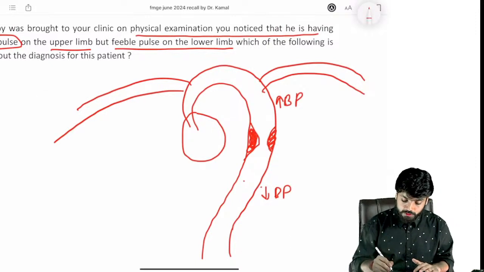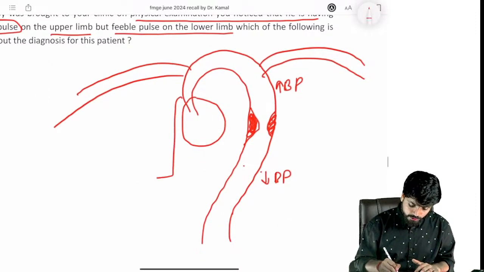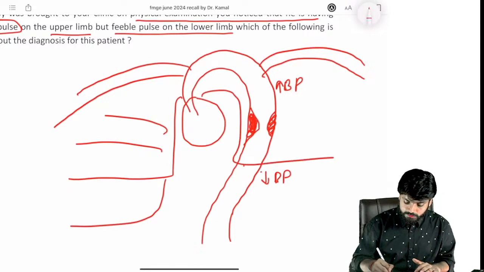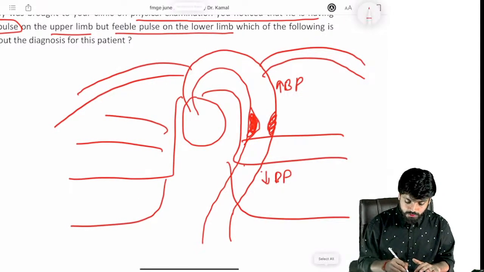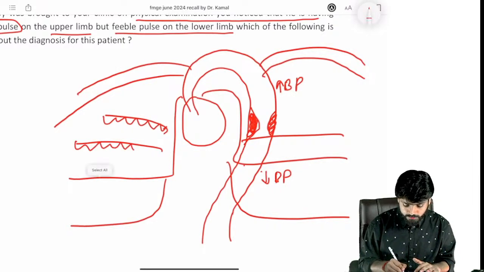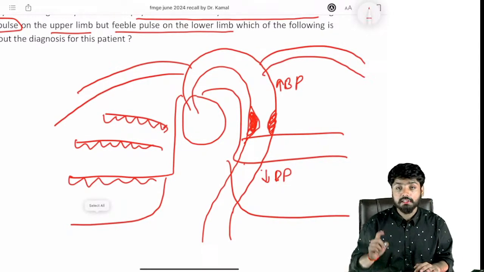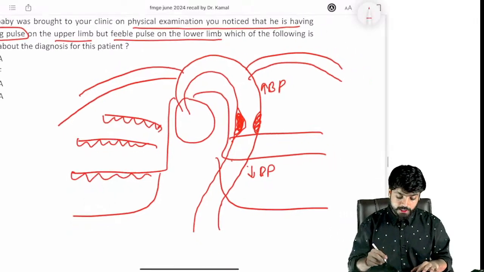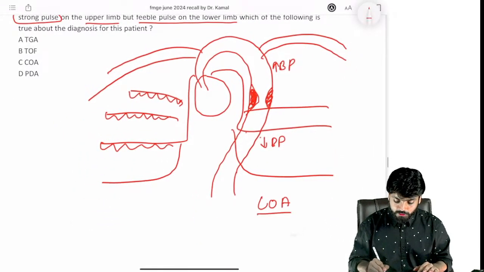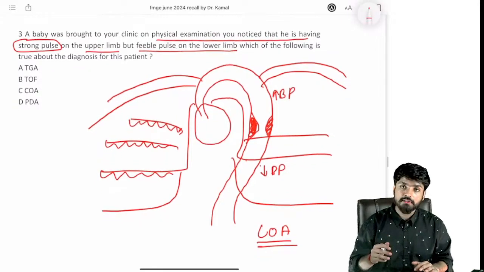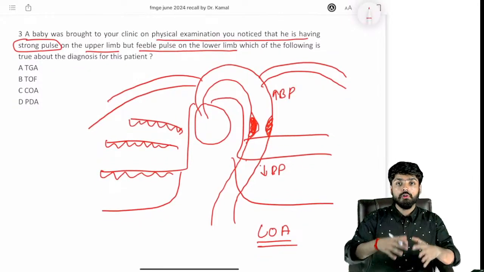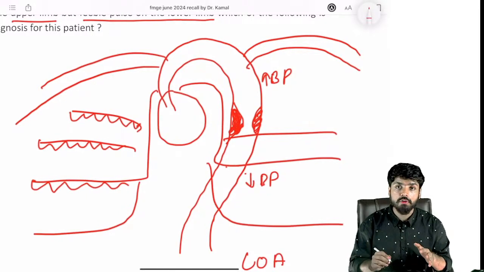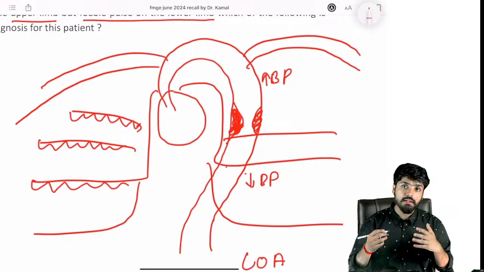Okay, one more thing, through this we also have arteries around ribs, they also become like this. These are certain characteristic findings that I'm telling you about one particular disease, and that is coarctation of aorta. Because of this high blood pressure on the upper side, low blood pressure on the lower side, just because of this coarctation or narrowing of the aorta, it gives rise to certain characteristic findings.